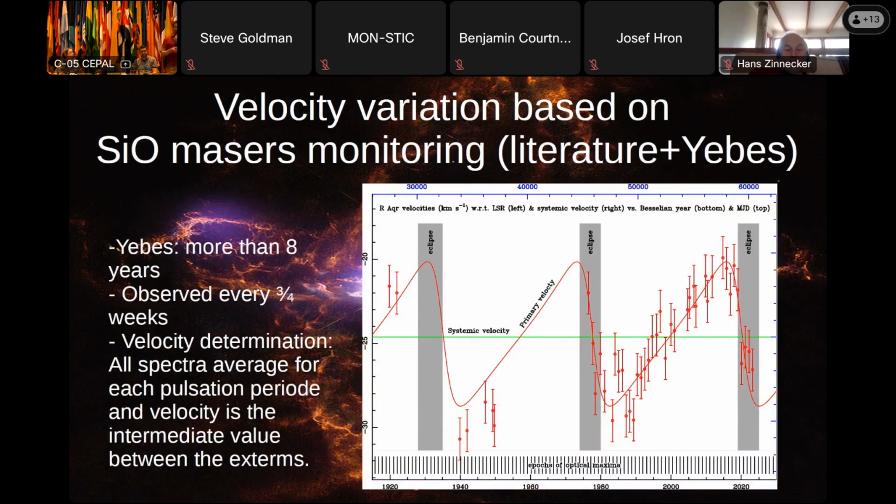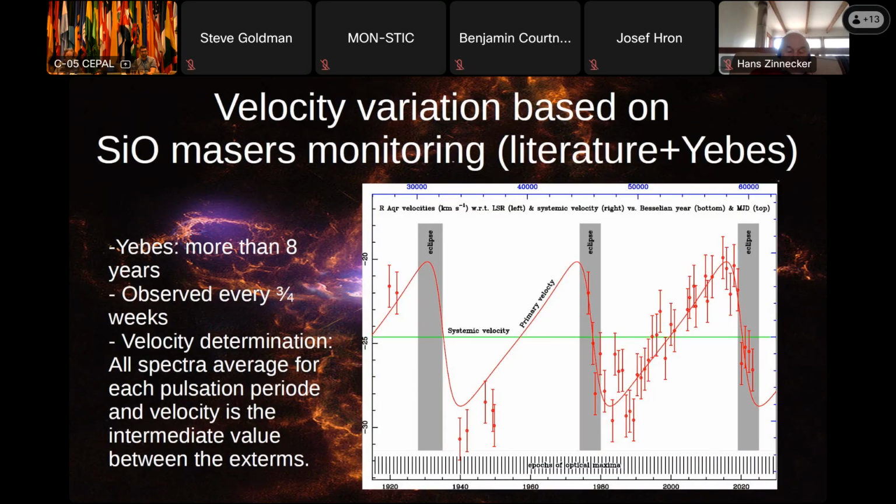It can be the parallax or the mean, but in our case, we use the variation of the radial velocity, because at